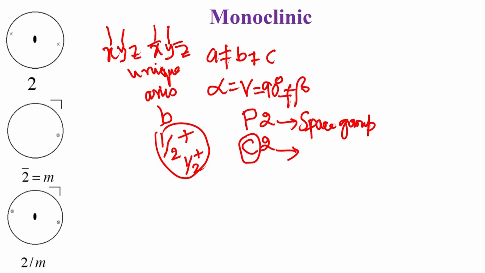So, the presence of the 4 equivalent points in C2 tells us that these equivalent points can be generated either by the operation of the point group or by the presence of the translational periodicity which comes as a consequence of the centering associated with the lattice. We are going to examine this in more detail when we discuss the lattices and the types of Bravais lattices which occur in each one of the crystal systems. So, at this moment, C2 is also a space group which will have 4 equivalent points.